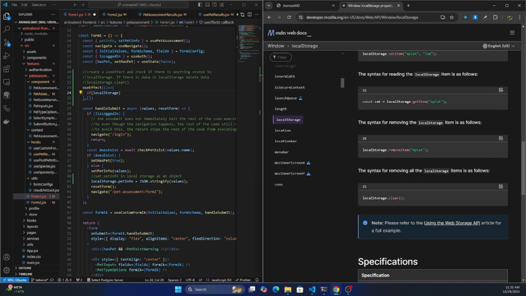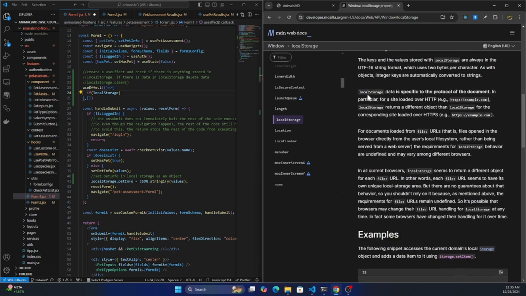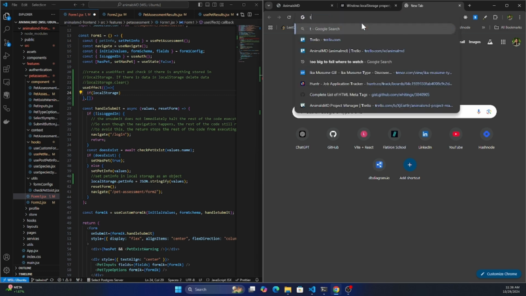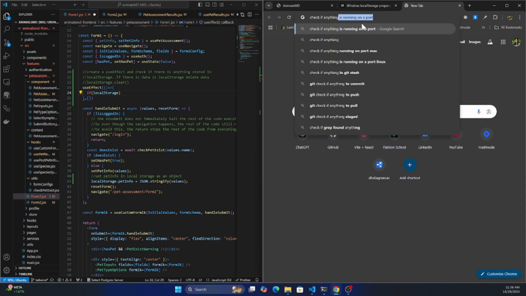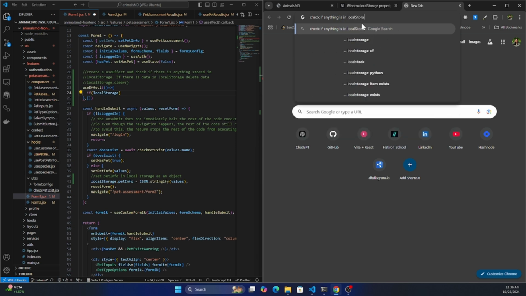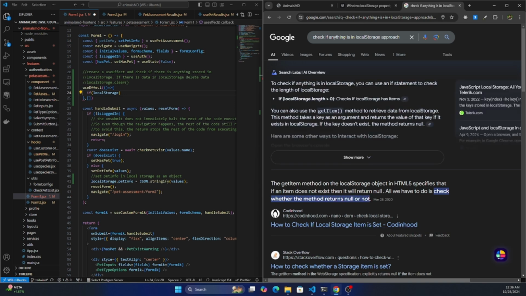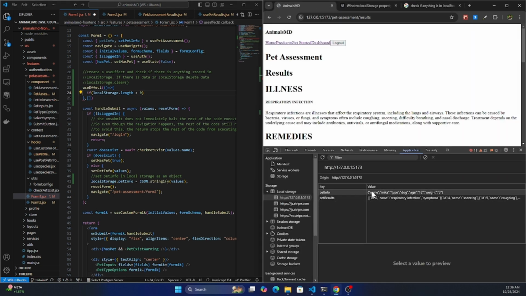So let's see if there's a way to determine if there's anything in local storage to begin with. So, oh yeah, okay, that makes sense. So if localStorage.length is greater than 0, well, actually, it wasn't really clear because this could be an array and this is an object. If it's an object, but I think,